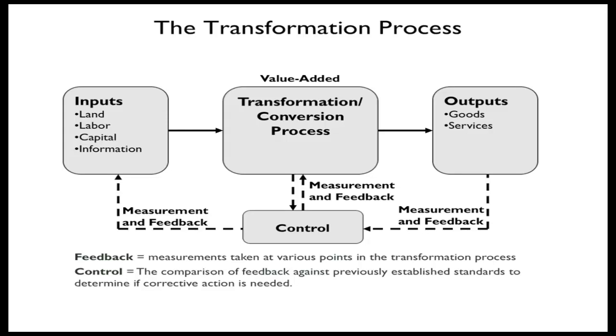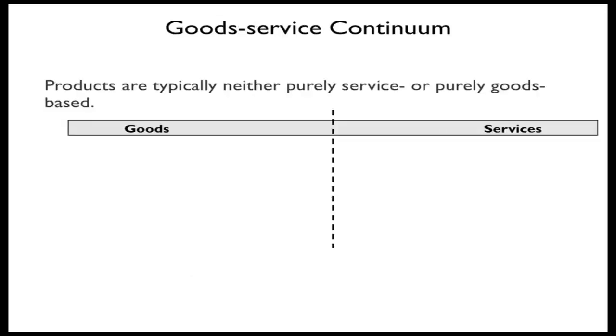Now the feedback is on the right hand side. The customer says, something's wrong with this food, it doesn't taste right, or I don't like it. That's feedback, goes back in, and they may say, okay, I'll make you something different, or make you something better, or try again. That would be feedback. Now if you got a box of lettuce and the entire box of lettuce is rotten, now that goes back as feedback to your lettuce supplier of your input. So that's sort of how the whole thing works, this transformational process.